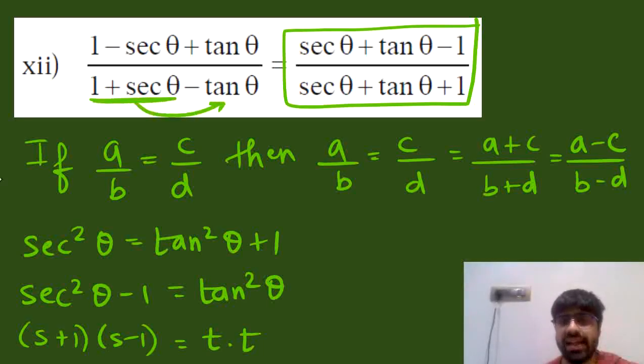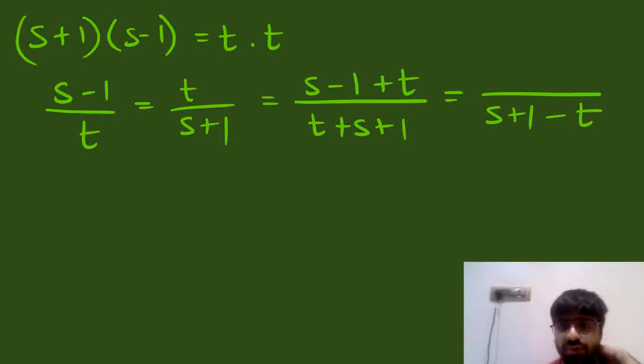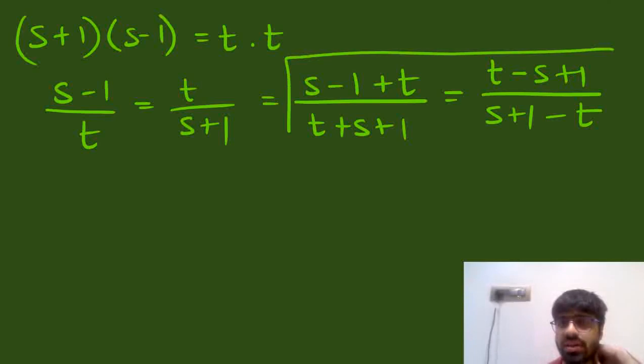1 plus sec minus tan is what we need in the denominator. So 1 plus sec minus tan happens if you are going to subtract this from this. So we are basically subtracting tan from sec plus 1. That is, we are basically doing right minus left. So this fraction will be equal to, in the denominator it is right minus left, that is sec theta plus 1 minus tan theta, and in the numerator you have right minus left. So tan theta minus of sec theta minus 1, open the bracket, so it will be minus sec theta plus 1, and that finally is the result.